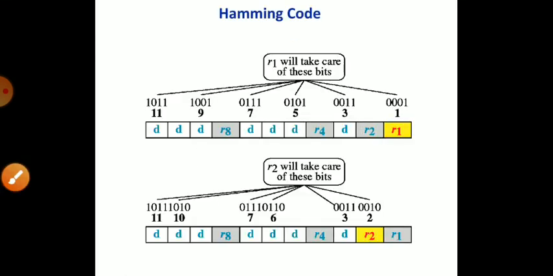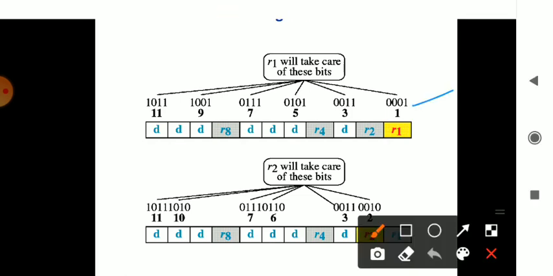Here you can check how the parity bits are differentiated. You all know the binary numbers and how they are represented. 1 is 0001, 3 is 0011, 5 is 0101, 7 is 0111, 9 is 1001, and 11 is 1011. Like that, the information bits are calculated. When both are joined and transferred to the other end, they will be combined and placed together, and like that it will be transferred and considered.